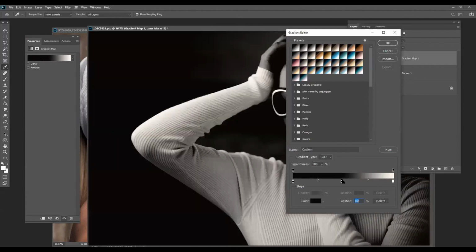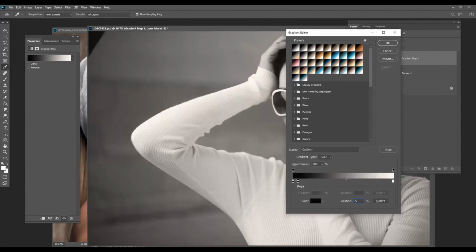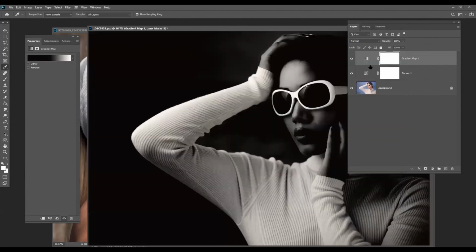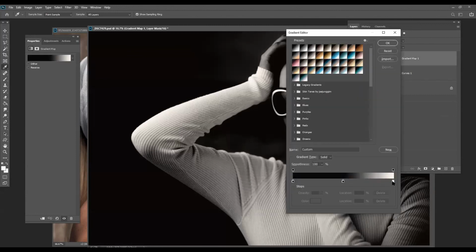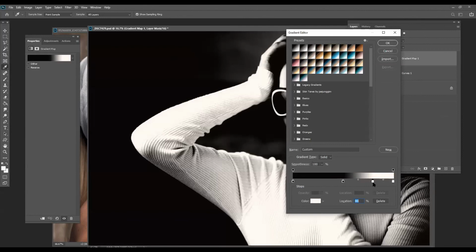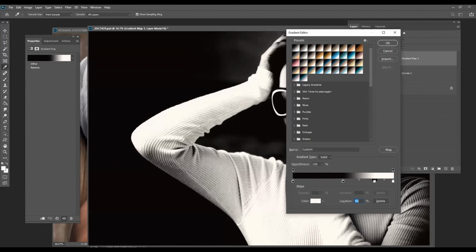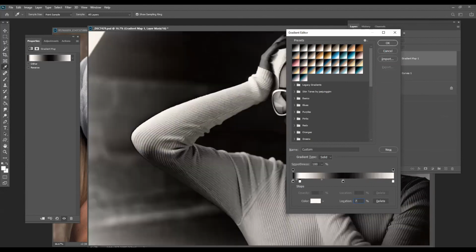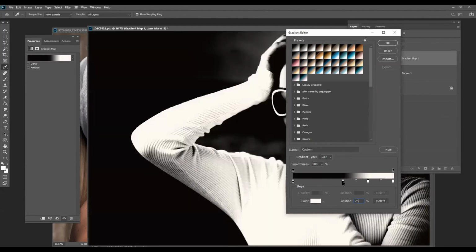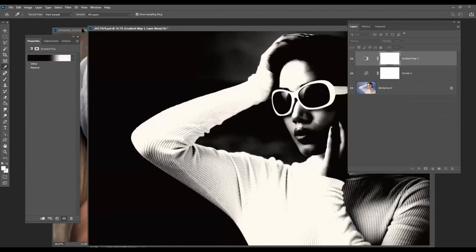First 50%, 75, and 25. Now keep it aside and keep the gradient open.